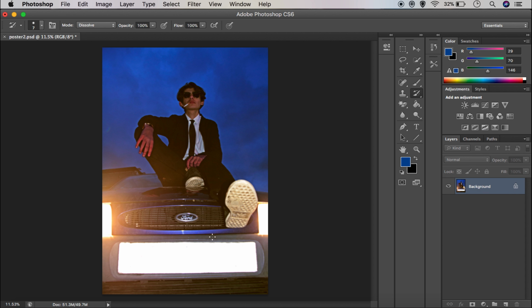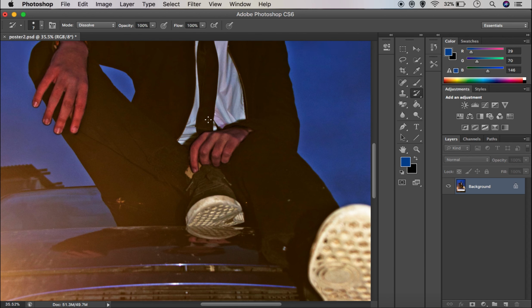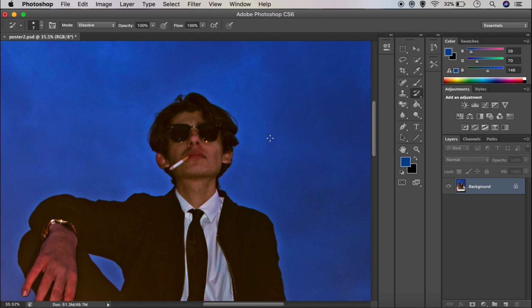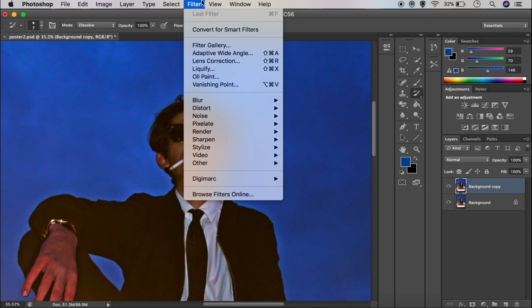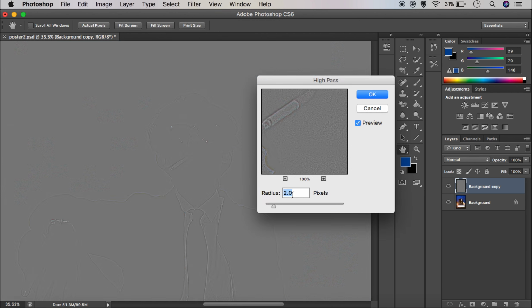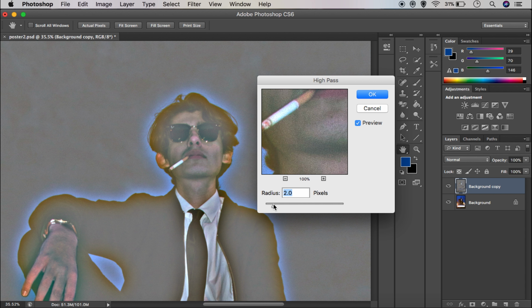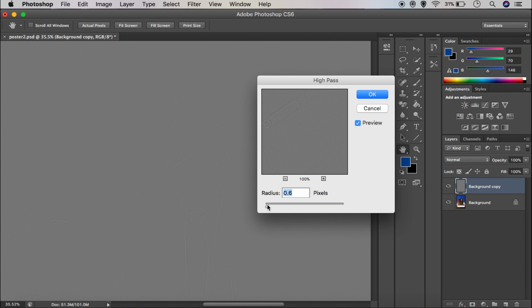And so to do this, I selected the background layer, dragged it down to the new layer option, and selected the new copy of the background, went up to filter, high pass, and then you can have the high pass at any setting you want, but for us we wanted to sharpen the image, and the best way to do that is to set it so that you can just about see the content of the image. So in this case we had it at 2%,